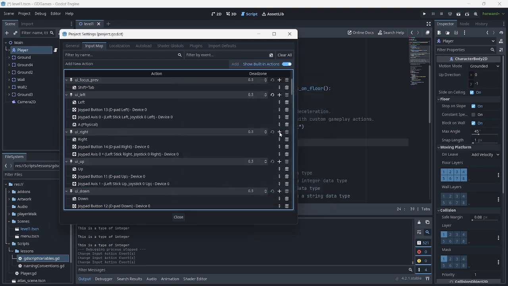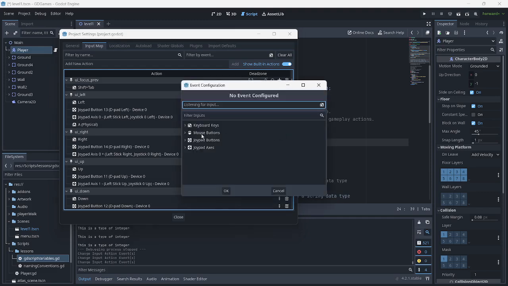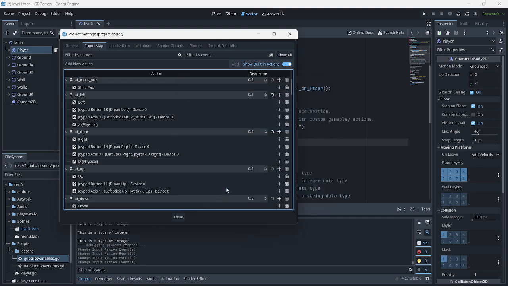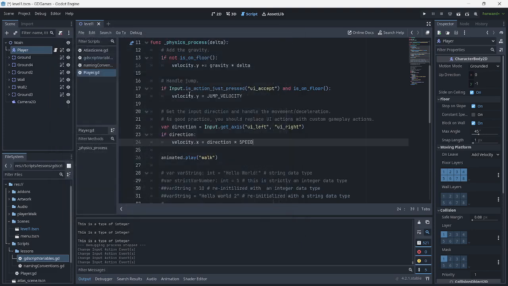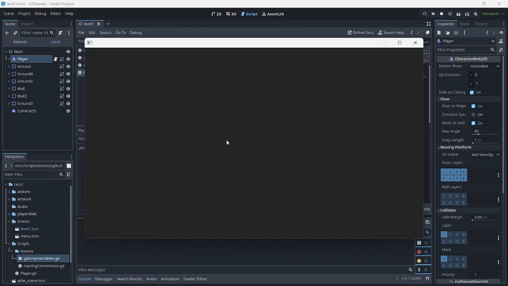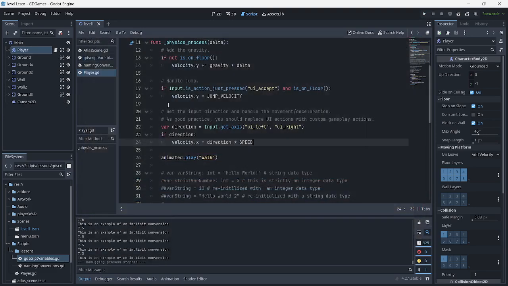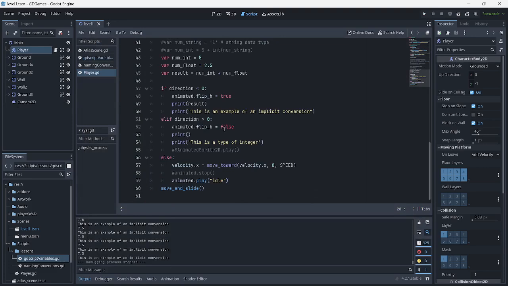And if I add towards the right, we should now be able to see here letter D, and that should make our player move left and right by using that input map. Right now I can use my left and right. I think we can already comment out some of this print here, but let's just delete that.